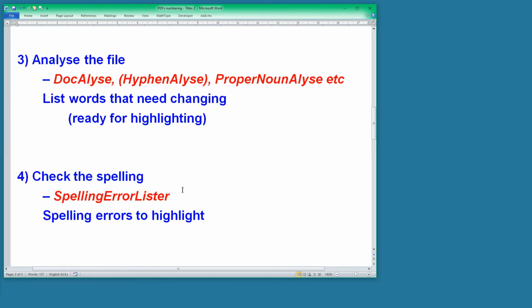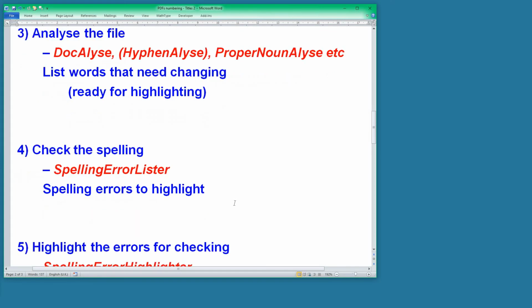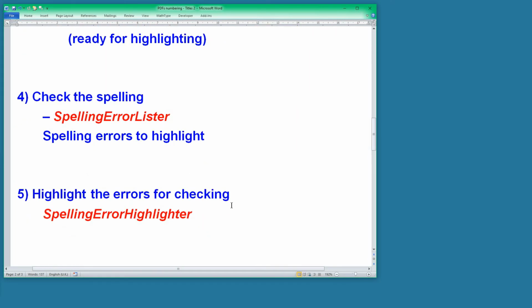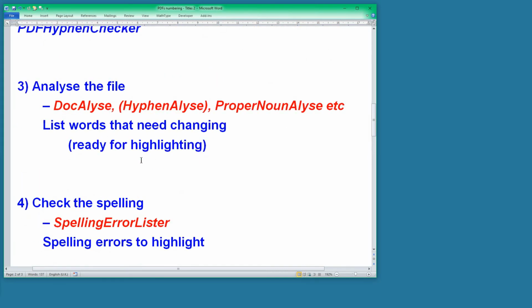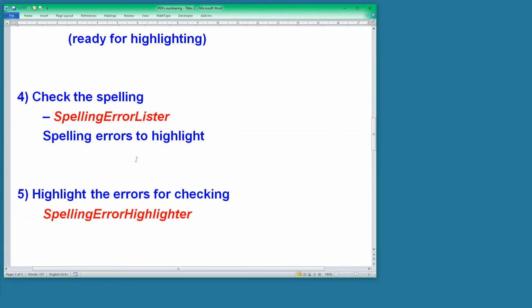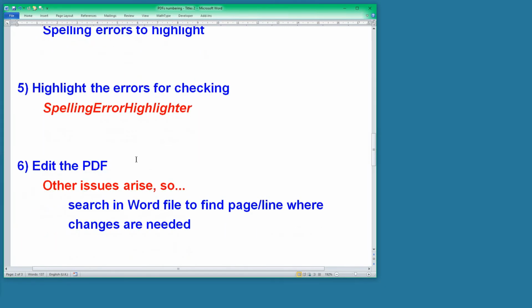Similarly with the spell checking, we can run spelling error lister, and that will enable us to generate a list of spelling errors that need to be highlighted in the Word document so we can see what's what. So we can then use the spelling error highlighter macro to highlight all the errors, the ones from the spelling and the ones from the various analyses that we've done. So those can be all highlighted within the Word file, and we can then go along to edit the PDF